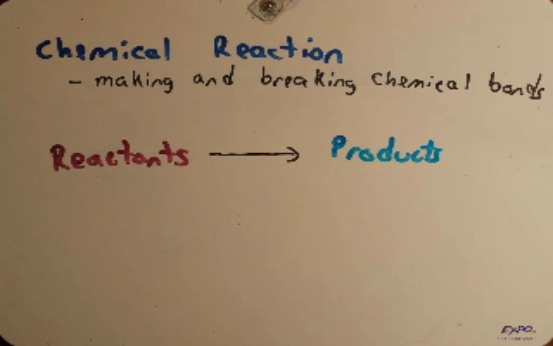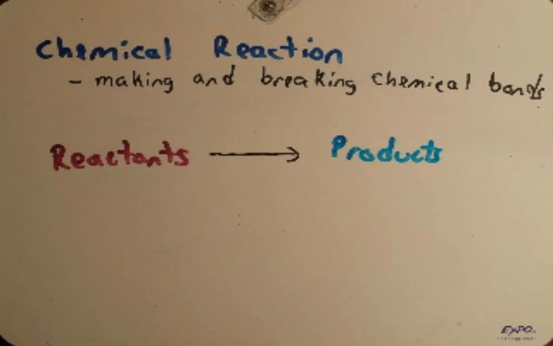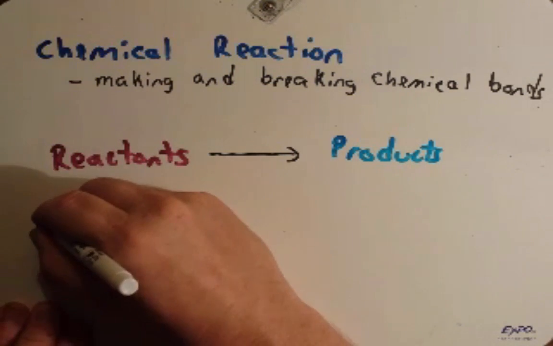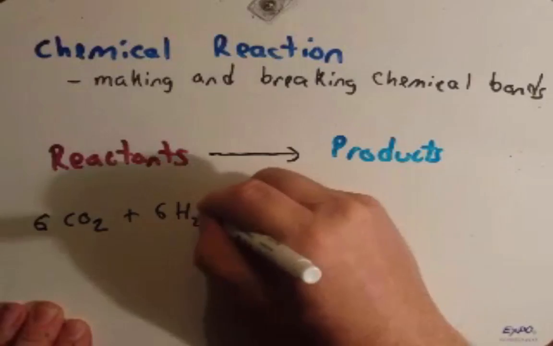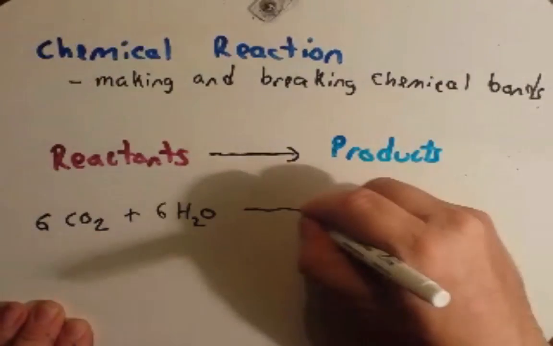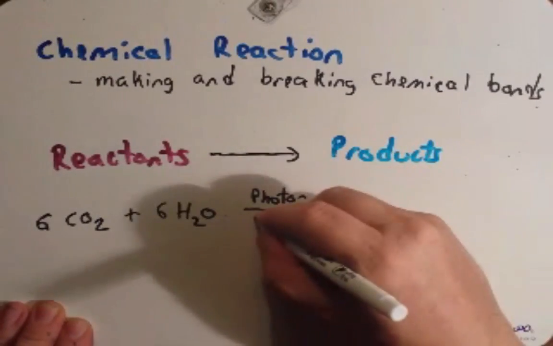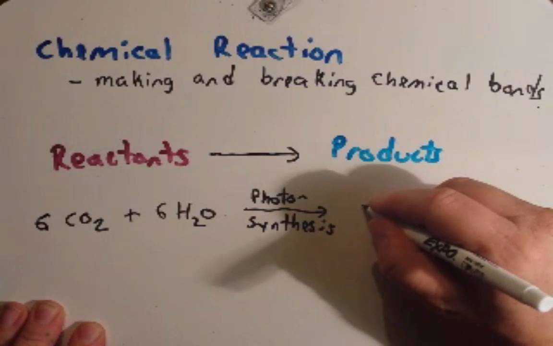A good example of this is to look at photosynthesis. Photosynthesis is a good example of how we don't change the kinds or the number of atoms. We just change the placement of those atoms. So for instance, photosynthesis starts off with 6 carbon dioxide molecules plus 6 water molecules. Through the process of photosynthesis, the chemical reaction, we end up with 1 sugar, 1 glucose,